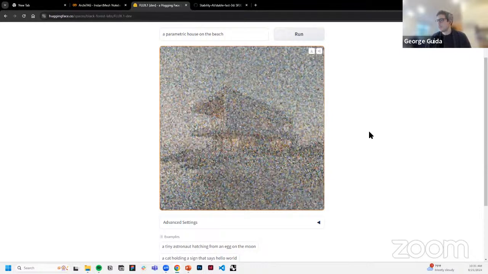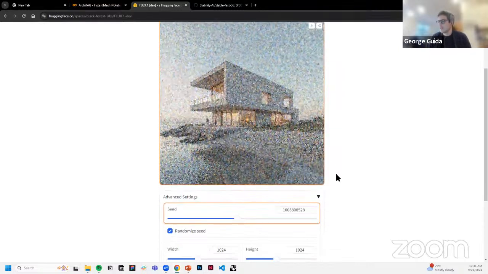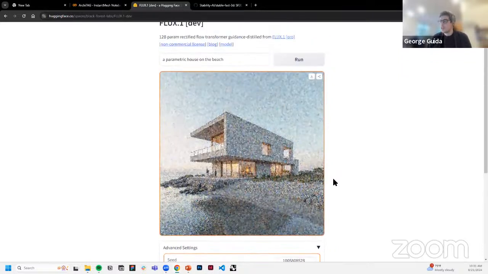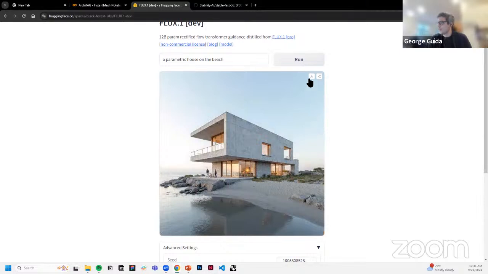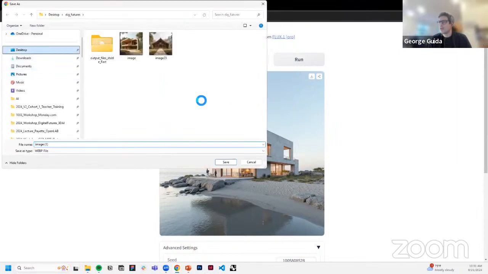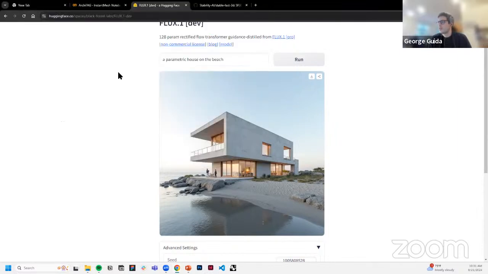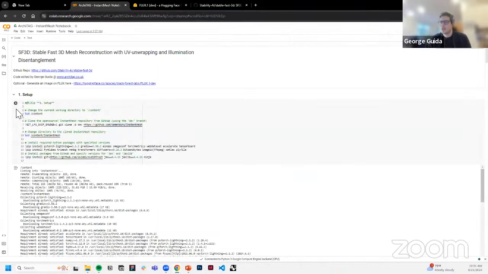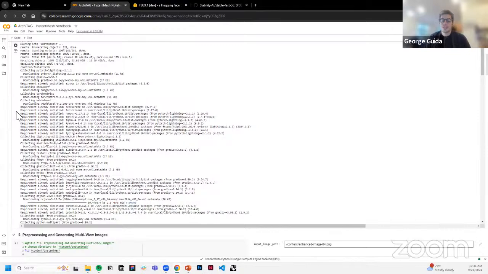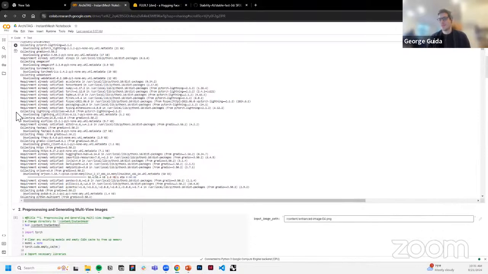You can actually generate some of these famous images you might be seeing on Instagram, with really high quality. And there are some advanced settings there. Once it's generated, you can see this diffusion process generating that output. I'm going to download that image and just show you how to go from image to 3D. So I've downloaded that image, and what we're going to do is use that image and upload it to try to create a 3D object from that.